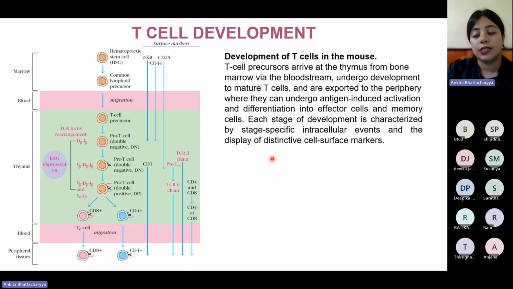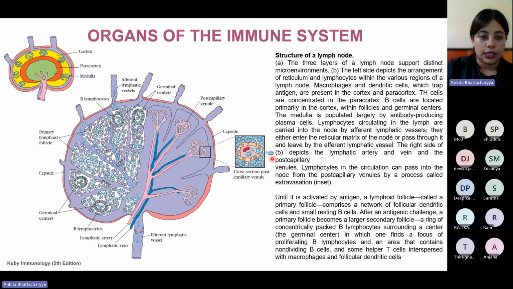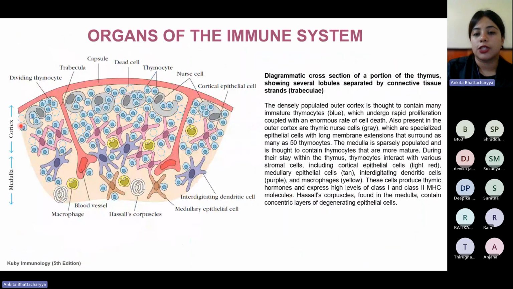So if you remember, once again, the cross section of the thymus, we saw how the arrangement was performed. So in immature thymocytes, let me just go back to the figure for easy recollection. Yeah, so immature thymocytes were on the outside towards the cortical region along with nerve cells, whereas the medulla by itself was a lot more sparsely populated, but it was very rich in the antigen presenting cells,